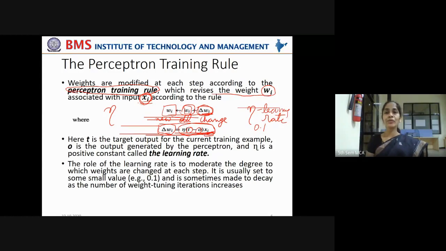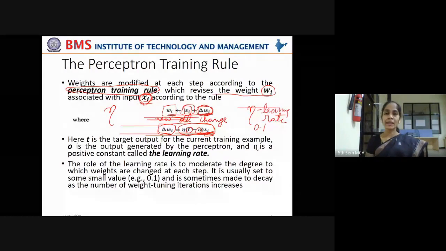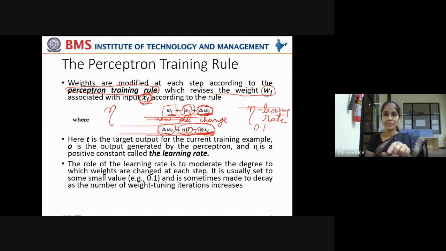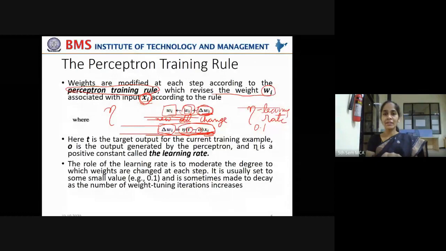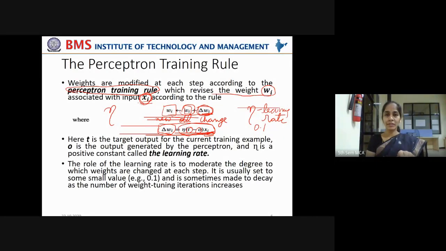Now, how do I move towards my goal? I take a small step forward, not necessarily towards the goal. I just take a small step forward. Now I'll check whether my step is proper or not. Then I'll take another step and check whether my step forward is correct or not.